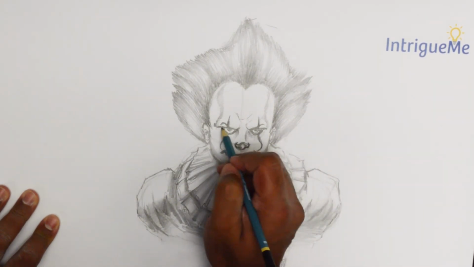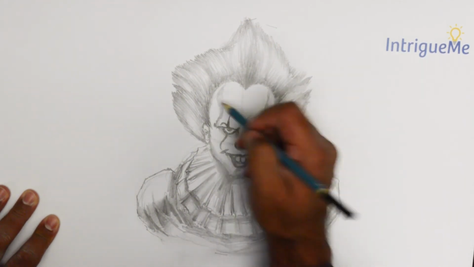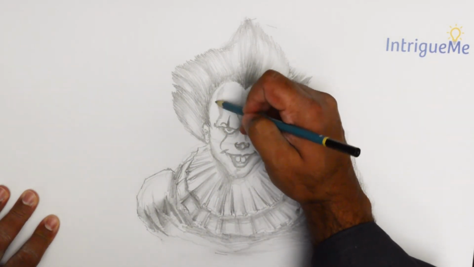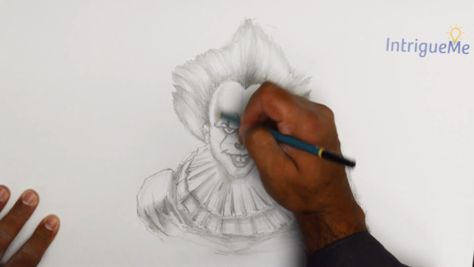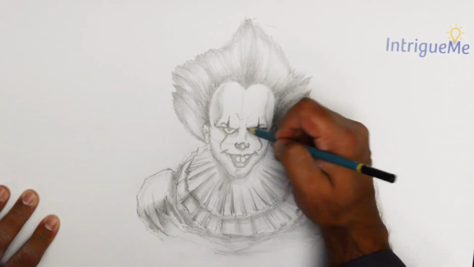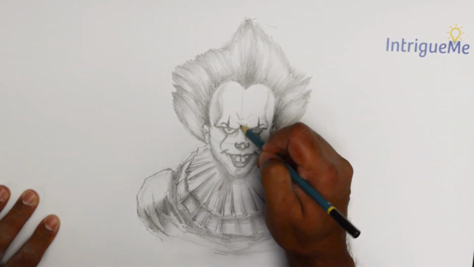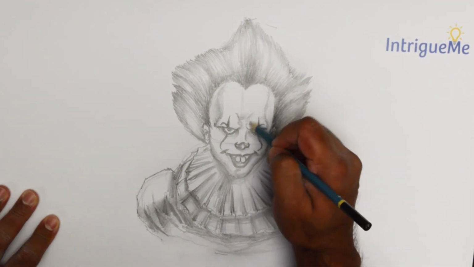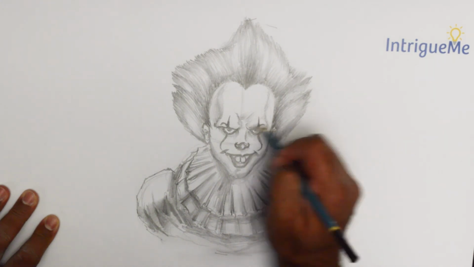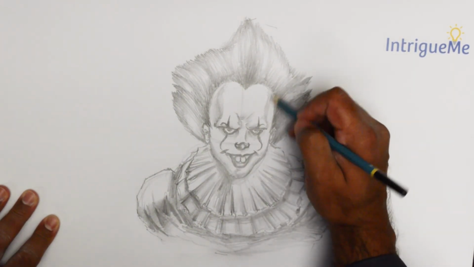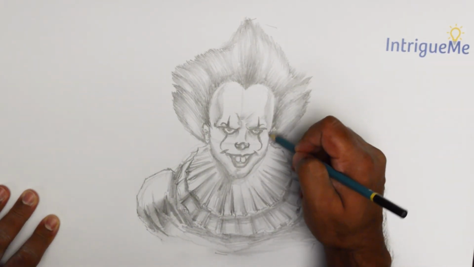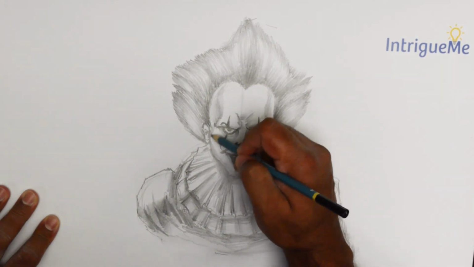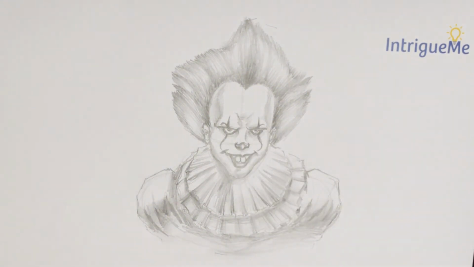For example, right here under the eyes, if I'm imagining there's some light falling on, he's illuminated in certain areas more than others. Right here around the bend in the skin, there's a little bit of that right around his brow, and some of it right here. So it all depends on what you wish to do with him, but that's an easy and quick